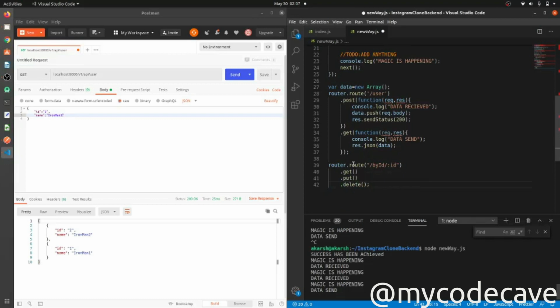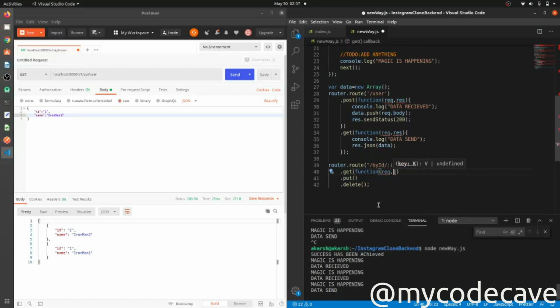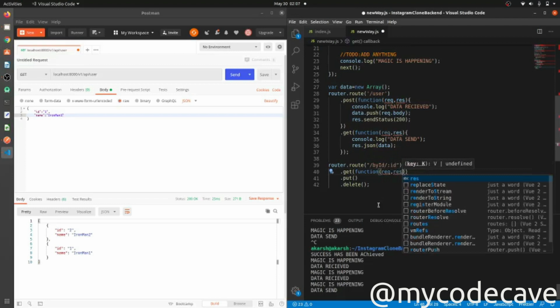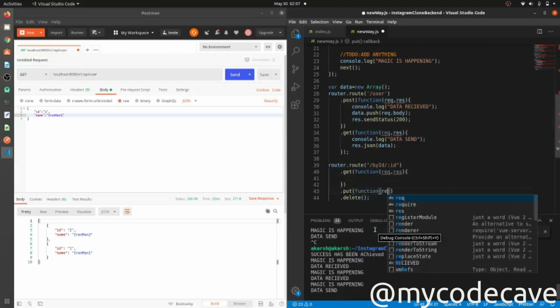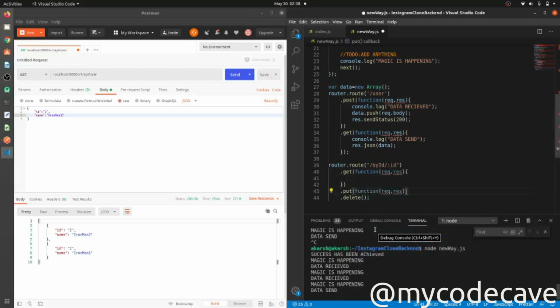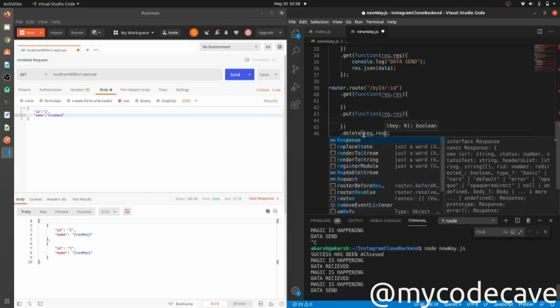I'm going to show all three things. For that you have to create a function with request comma response. Similar thing will go here, function request comma response, and similar thing here, request comma response.